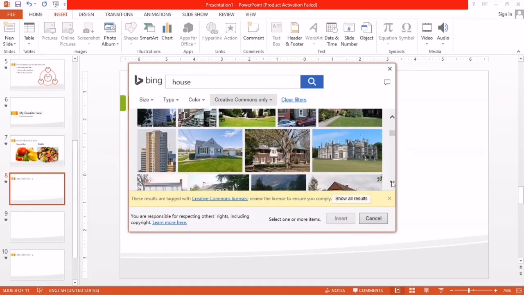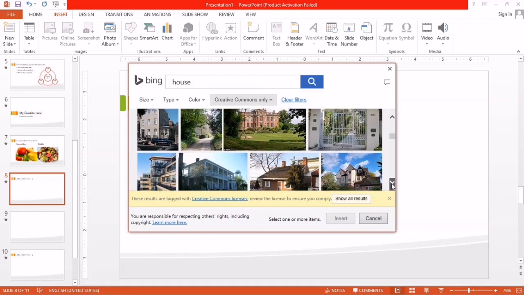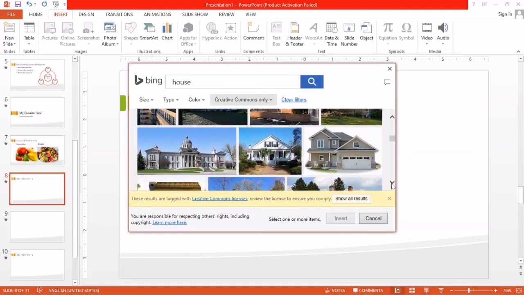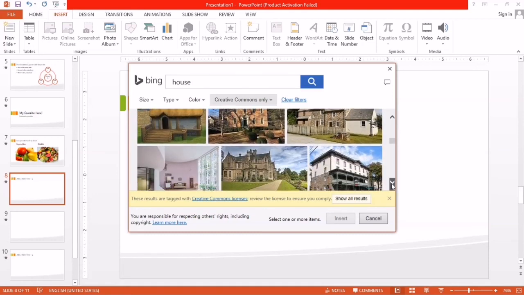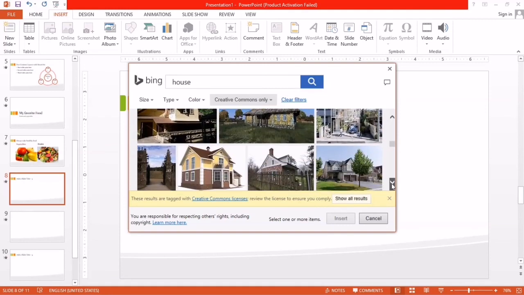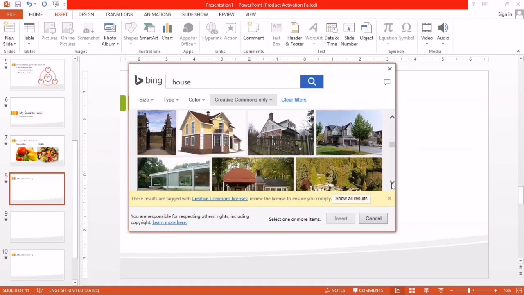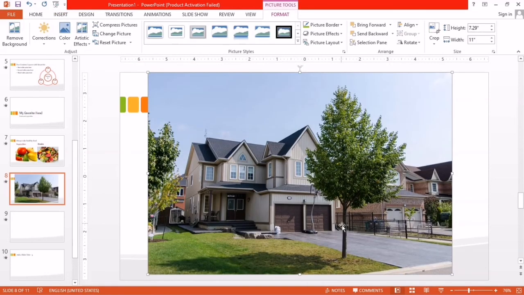You select any picture if you want, whichever picture you like. So you can see there are many pictures. Suppose I select this one and insert. So it takes a little time. So you can see these pictures.